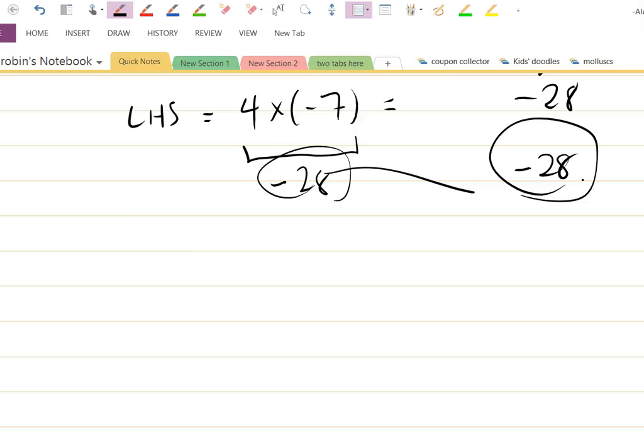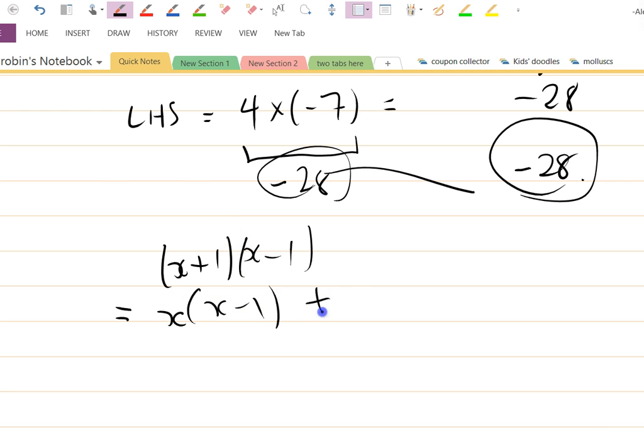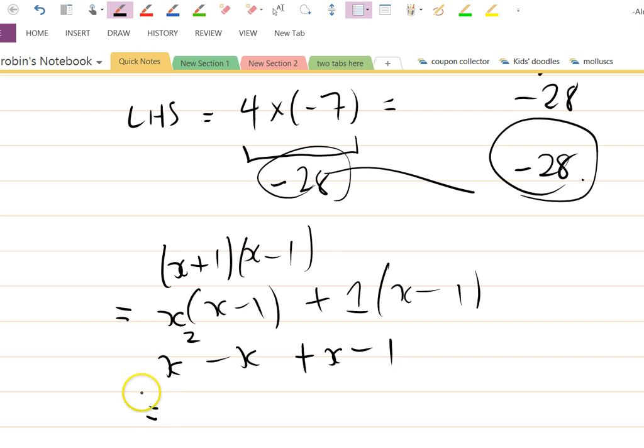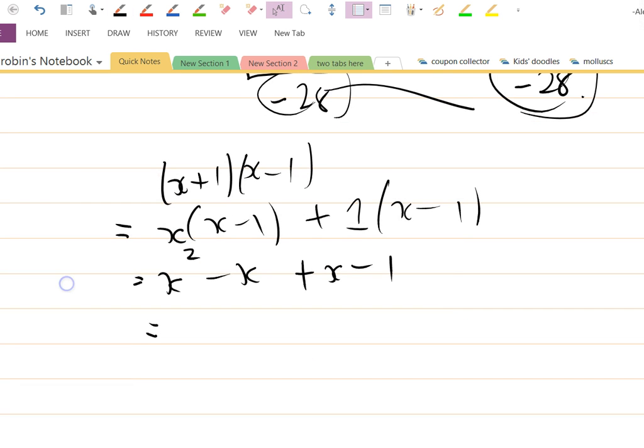Right, I'm going to keep on developing this idea here. We've got two brackets with an x in both of them, and let's put x plus 1 and x minus 1 and see what happens there. Let's just expand that. Well, that's x minus 1 plus 1 times x minus 1. That's x squared minus x, because that x multiplies there and multiplies here, plus x minus 1 equals, well, something